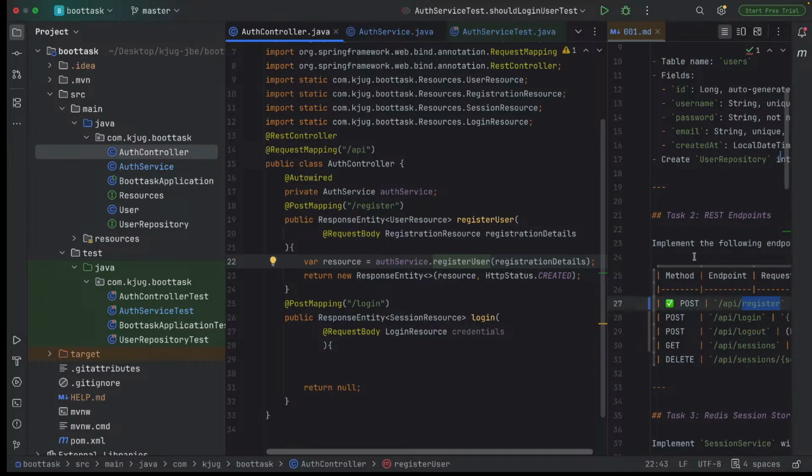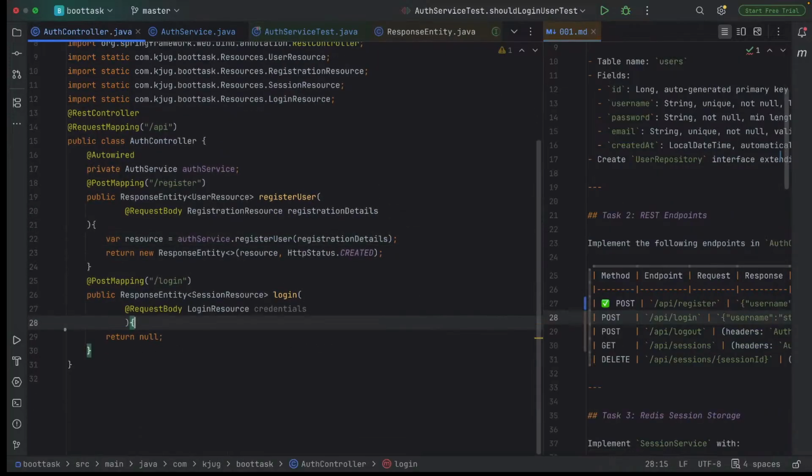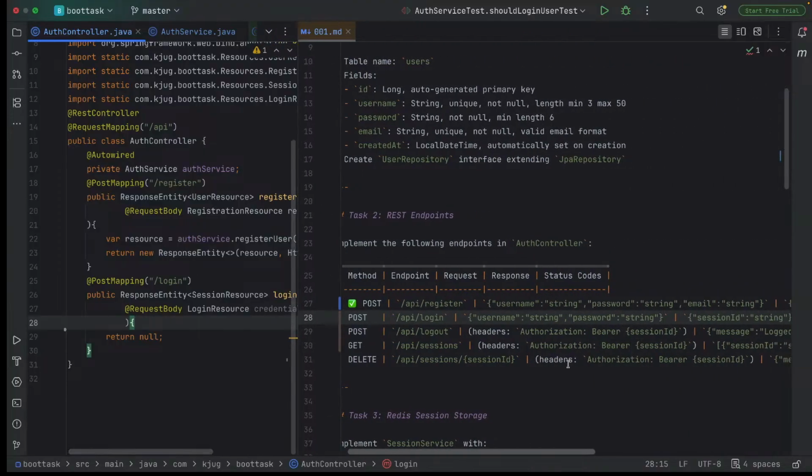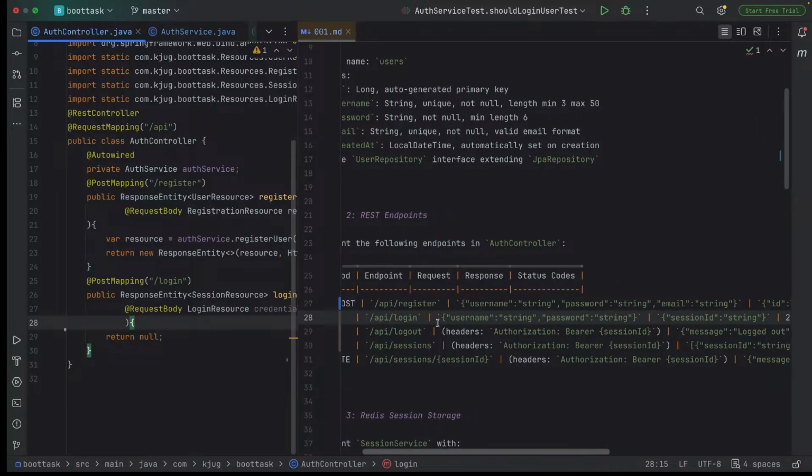So I think that's why we marked that as done. So now we can look at login, which we already started working on. And with login, we have the endpoint described there. The endpoint is API/API/login, and it receives this as the payload, which is a payload containing the username and the